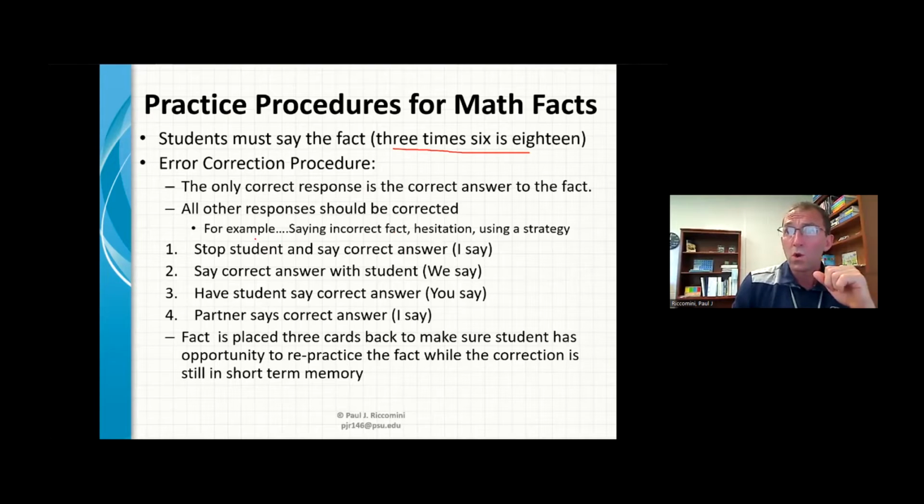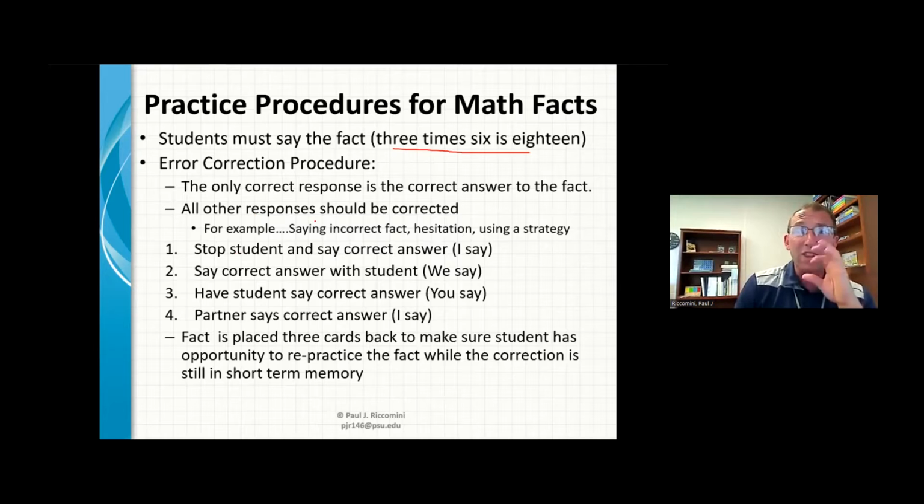I want to talk about the correction procedure here. The only way this can happen is if somebody is practicing with the student. It can be done by the teacher, but it can also be done by peers. You just have to teach the kids how to do this.